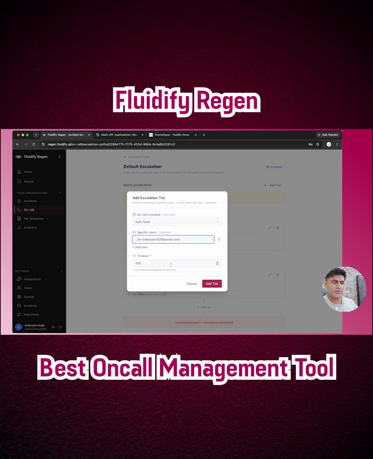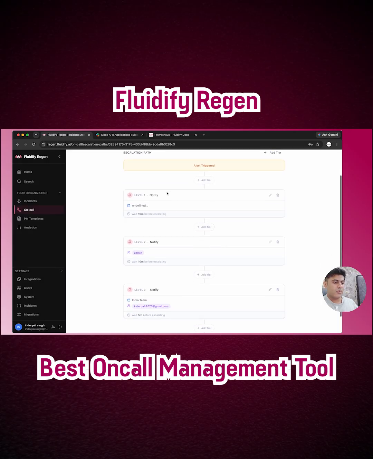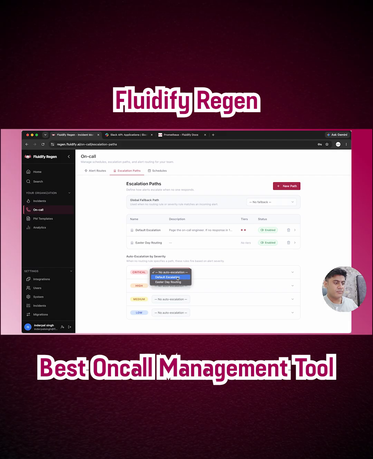This is now in an enabled state. I go back from the escalation paths, and let's now talk about schedules. Also, before going to schedules, you can see that by default you can assign them easy-day routing. These are some escalation paths. So you can also assign auto escalation by severity. This is also there. Now let's